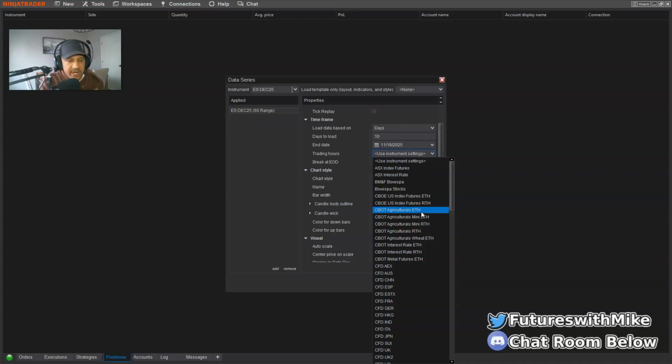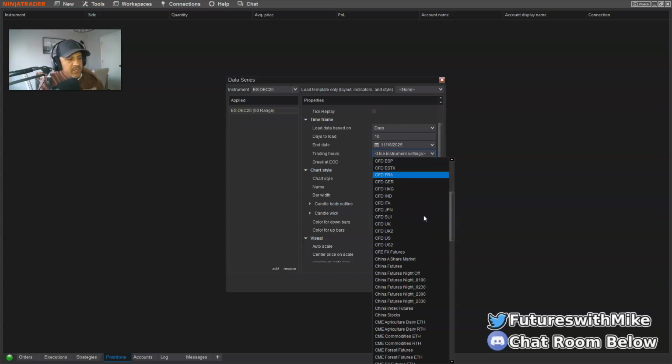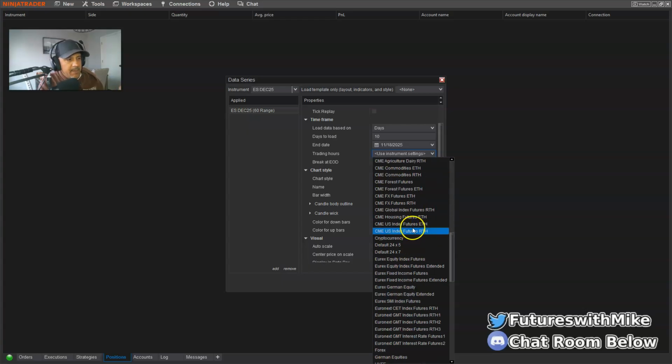The indices are going to trade on the CME, which is the Chicago Mercantile Exchange. So I'm going to scroll down to CME. You have two options. You can either go with CME US Index Futures ETH, which is electronic trading hours, or US Index Futures RTH. If you're trading the regular trading hours, which is RTH, you're going to notice no chart movement